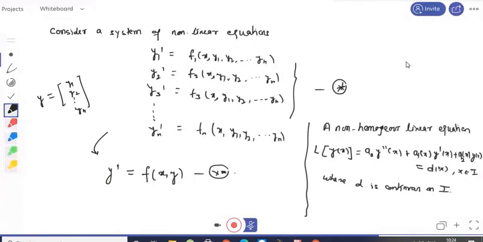If d(x) equals 0, we can write this as a homogeneous differential equation, and the solution of that differential equation we write simply as y_h. y_h means this is the general solution of the homogeneous differential equation. And if d(x) is not equal to 0,